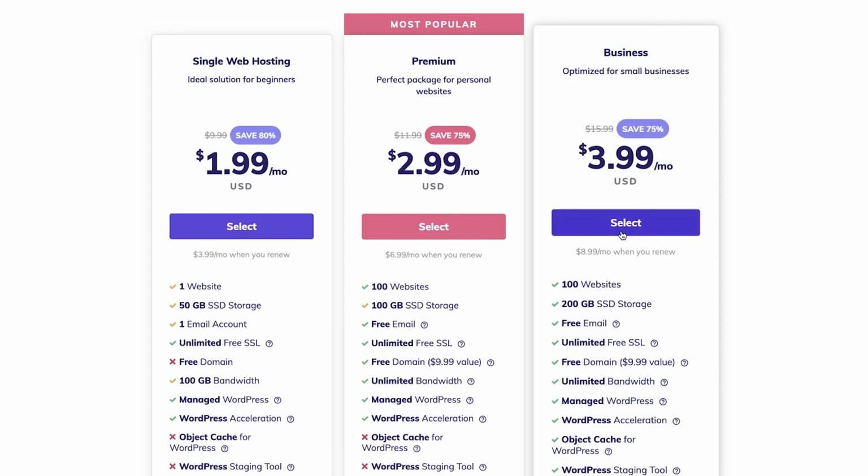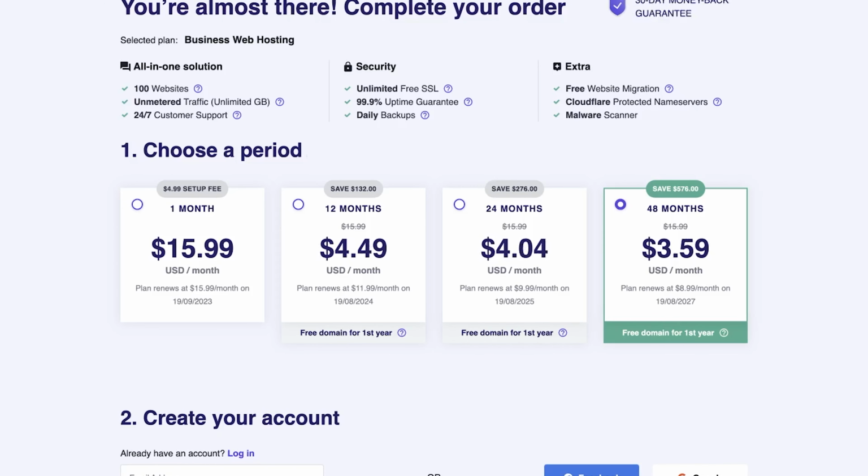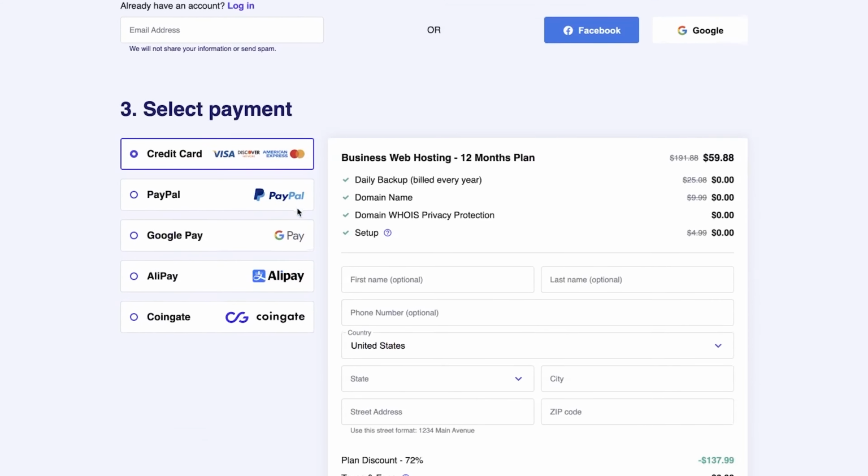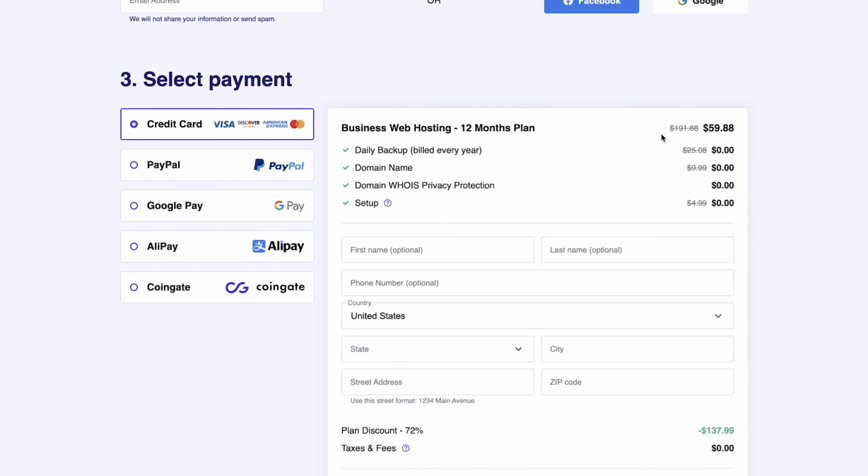You guys can make your own decision, but I'm going to go ahead and select the business plan and then go ahead and move on. Next, you guys get to choose the period, basically how often you make your payments. I'm going to choose every 12 months and scroll on down to the payment section. Now, just a heads up, you're going to be paying for all 12 months up front. So you'll see that normal cost is around $191, but you're actually going to be getting it for $59.88, which